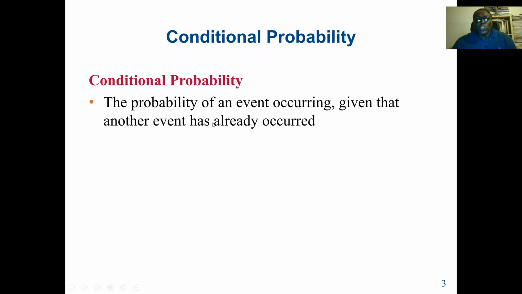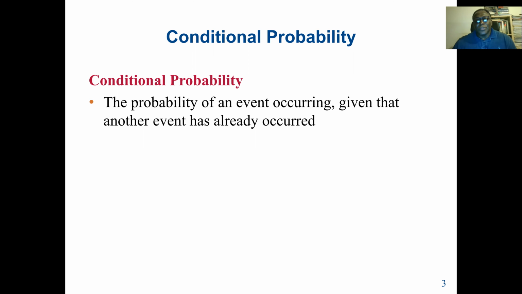So first, what is a conditional probability? Here we say the probability of an event occurring given that another event has already occurred. So our condition will be the previous event that occurred. An example would be, what's the probability of A given B? So B has already occurred. What is the probability of A if B already occurred? A very simple example would be the probability of having lung cancer given that you smoke a